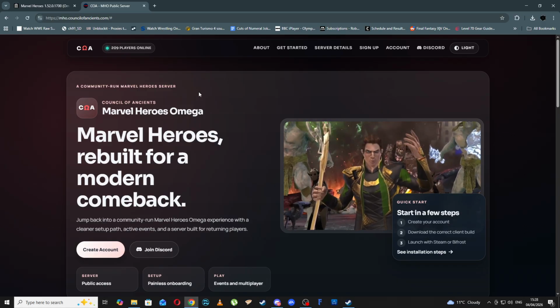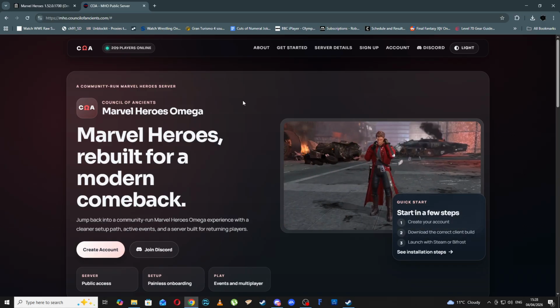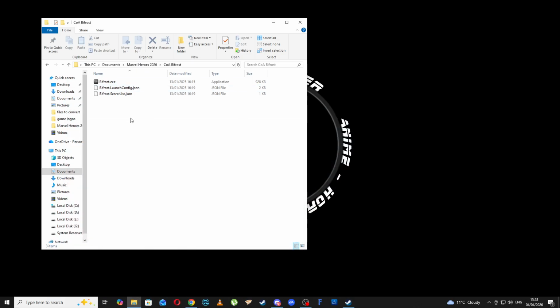As long as you've created this account, it only needs to be done once, so that's something you don't need to do again if you've already done it through the Steam. But depends obviously which version you're doing, but as long as you've got your account set up, then you're going to copy these 3 files